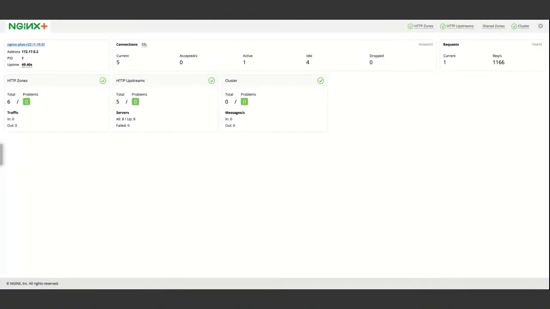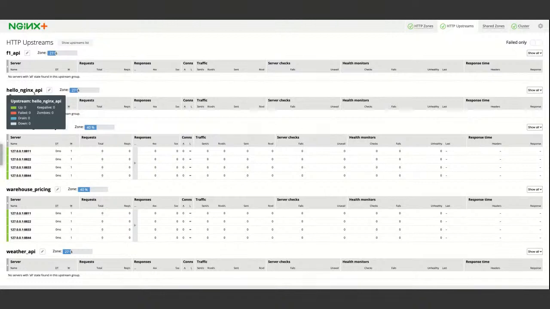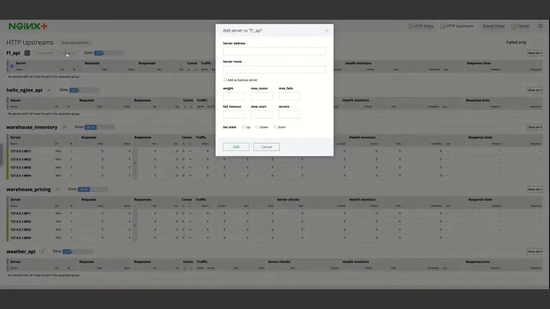Now we have the API gateway running with some of the APIs done. You can configure this totally out of the box. If you take my NGINX Plus code, you can see this straight away. You have HTTP zones and HTTP upstreams, and as I mentioned earlier, for some of the APIs I didn't mention where you should route the API to. So whatever I'm doing through this page, I can do that using